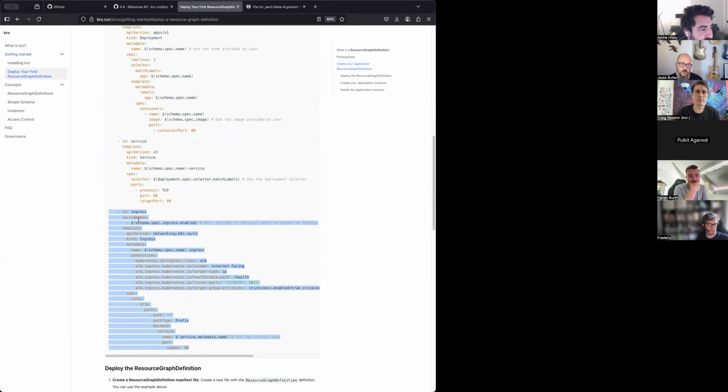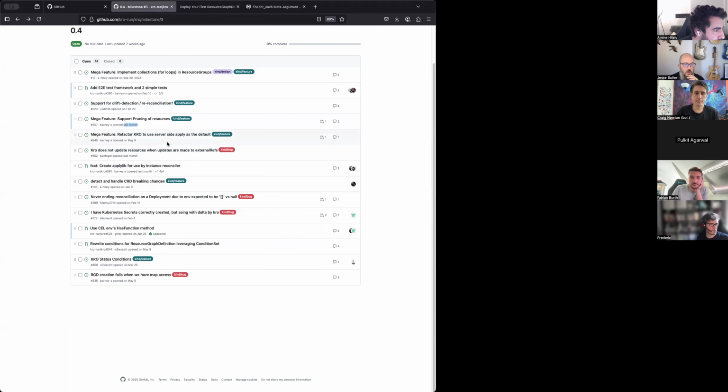So this is what's coming next with pruning, and I believe server-side apply is also helping with that. I think it's called some apply set thingy that Barney is working on. Maybe not this one, but he has an apply set library that's gonna help us with this.